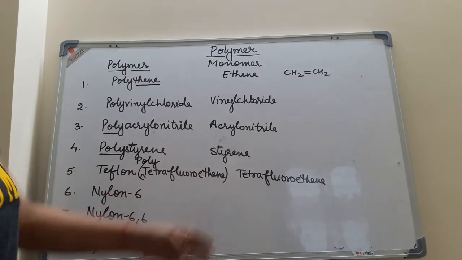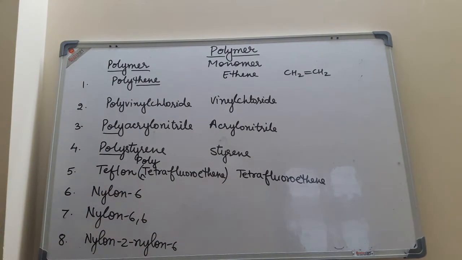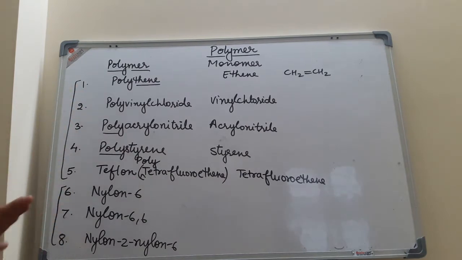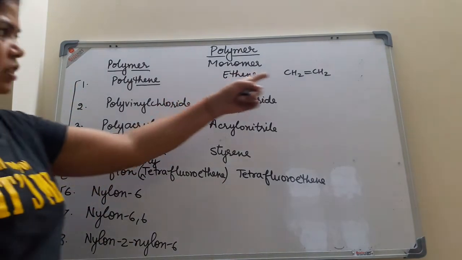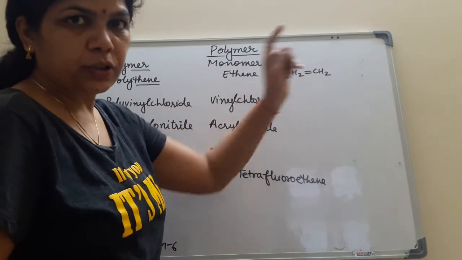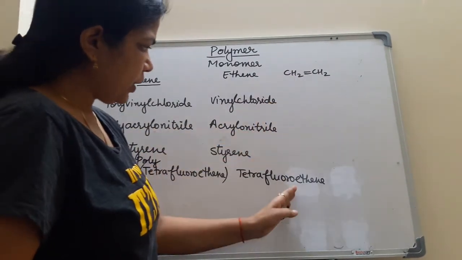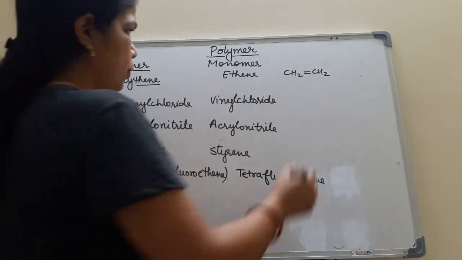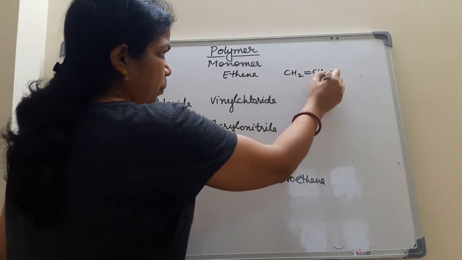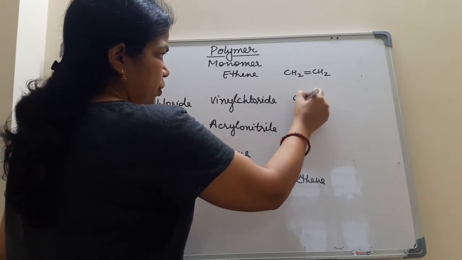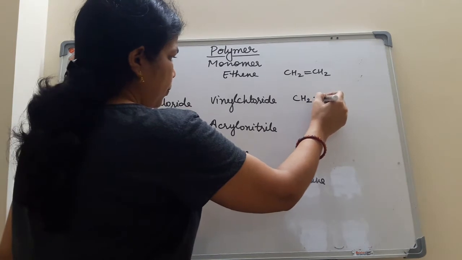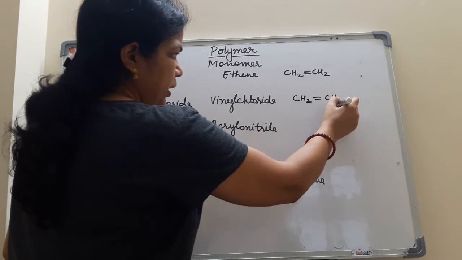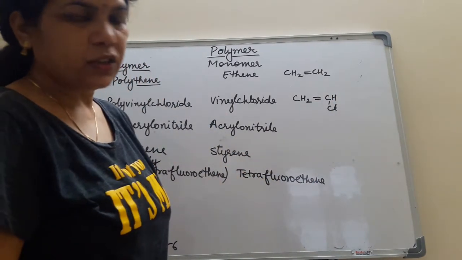So let's understand their structures first, then we will go to another variety, because these are comparatively the other variety and these are all approximately interdependent on each other. So this is the basic structure of ethene, CH2 double bond CH2. In every variety of these monomers, we have to make only a single change. For vinyl chloride, if you replace one H by Cl, the structure of the vinyl chloride monomer will develop, which is CH2 double bond CHCl.